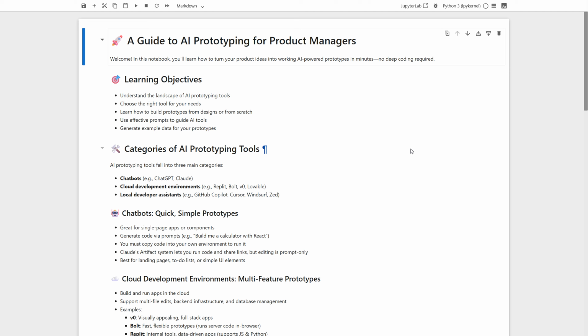Hello and welcome. Today, I want you to imagine you're a product manager at a fast-moving tech company. You've got a brilliant idea for an AI-powered feature, and you want to see it in action, fast. Maybe you don't have a ton of coding experience, and that's totally fine. I'm here to show you how you can use modern tools to turn your ideas into working prototypes in just a few minutes. So, let's go ahead and see how you can bring your concepts to life, even if you're